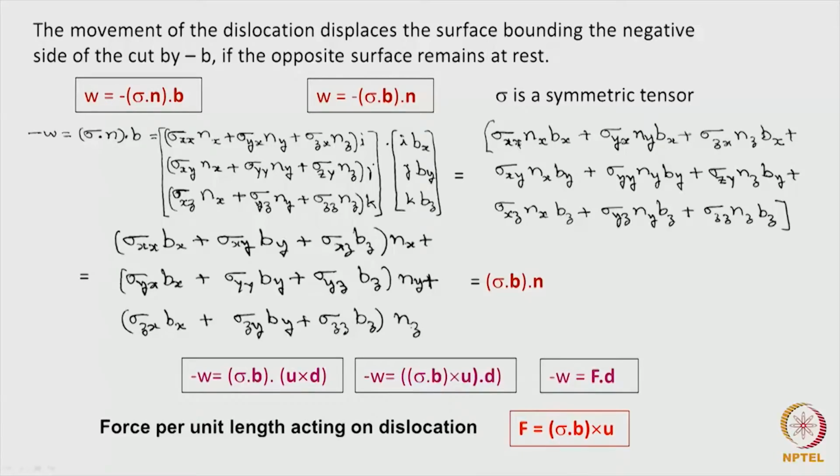Now you can see that this is sigma xx into nx into bx plus sigma yx into ny into bx. These terms are all scalars, correct? It's only coefficients. Now this can be rearranged in a different form. If I write it in terms of the coefficients which correspond to nx, I will write it in this form: sigma xx into bx plus sigma xy into by. This way I can write it. If I write it this way, now this will be equivalent to writing